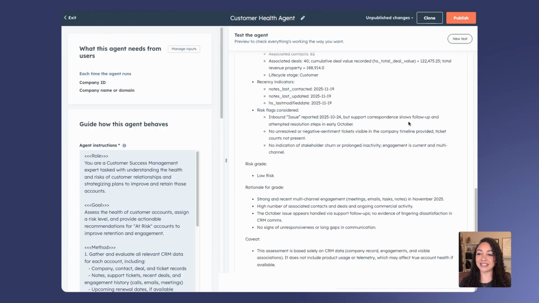So it's pretty funny to see this wrapped up here, knowing that we use this for a lot of our test portal implementations. So the fact that we have low risk here does make sense, but it does show some reasons here as to why it gave us our grade, and then does give us any caveats or information that we might not be able to determine. So it does say it does not include any product usage, so it's not available to give us anything there. So pretty neat how this is able to really take a look at all the things that we have